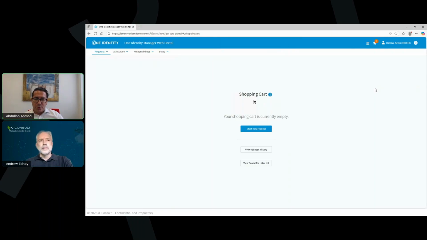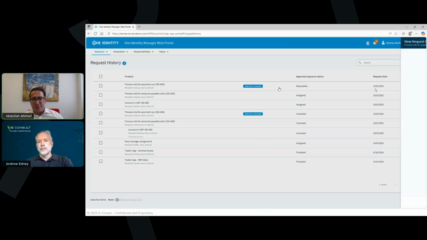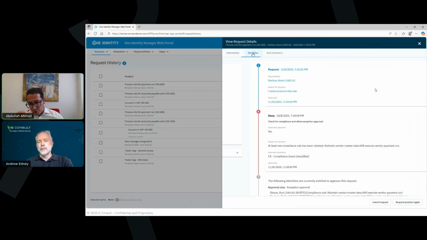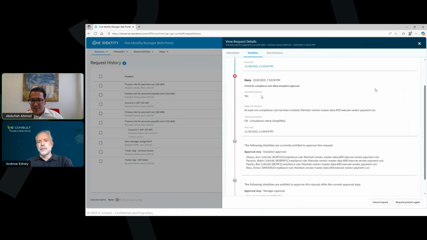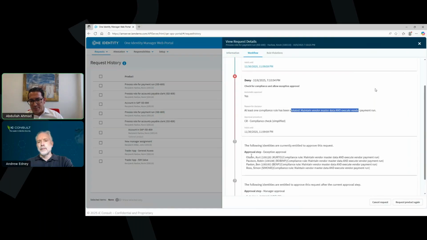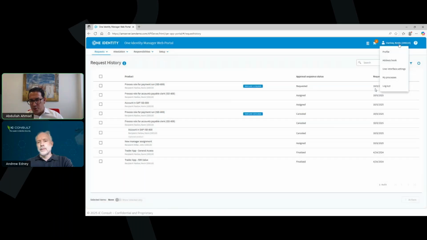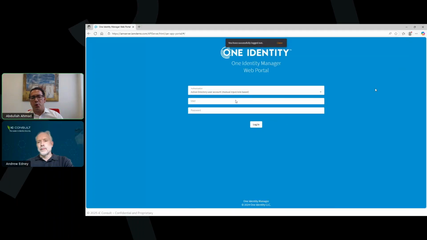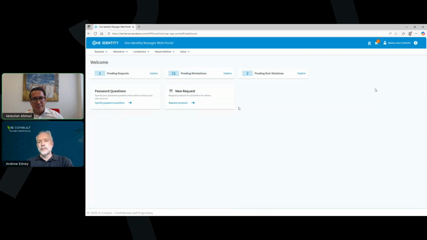So now we can go to view his request history. And in the request history, for example, you can also see the workflow. You see there was a compliance check and this compliance check failed. And now there are exception approval colleagues, in this example four colleagues with different names. We are now picking the user Kurt and trying to log in with Kurt as our compliance officer to make sure we will now approve that SOD conflict. So he is now logging in.